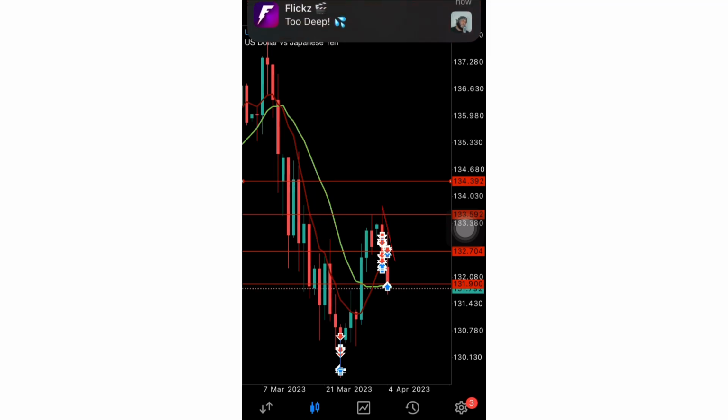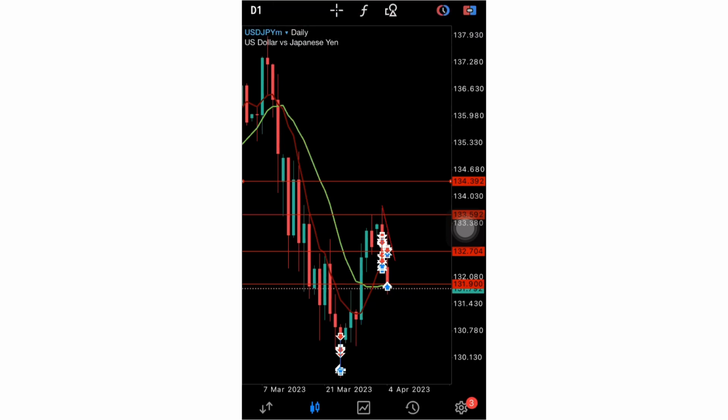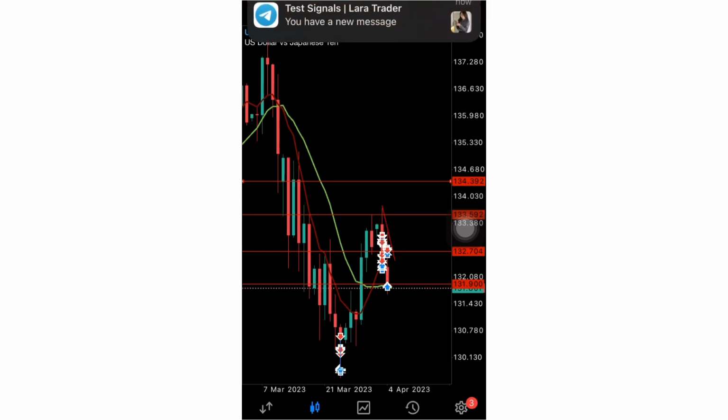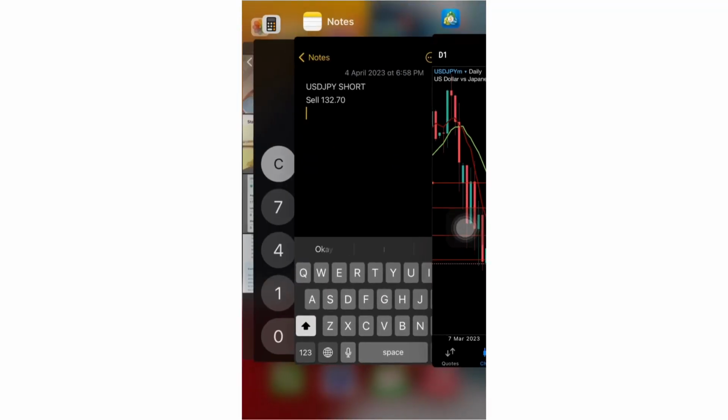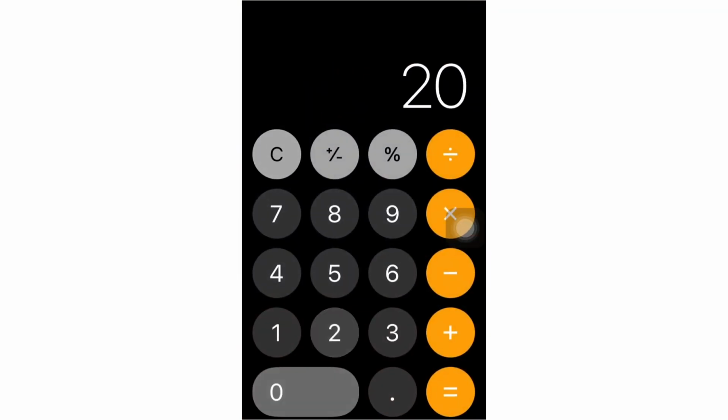I hope you understand. If you have a $100 account, as a good trader you need to say, okay, I'm going to take $50 out of it and risk maybe 1%, 2% or 3%, depending on your comfort. You understand what I'm saying? So let's say I want to risk 20%, for instance. 20%, divided by 100,